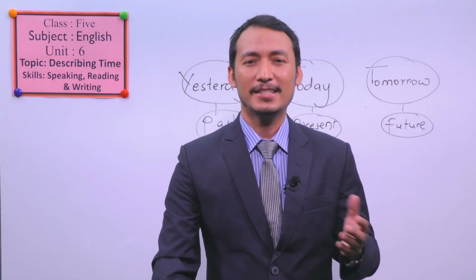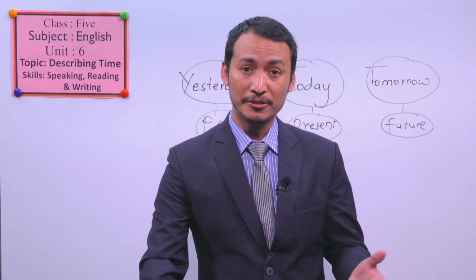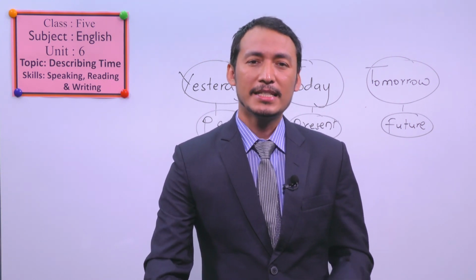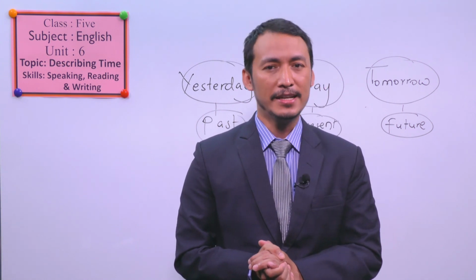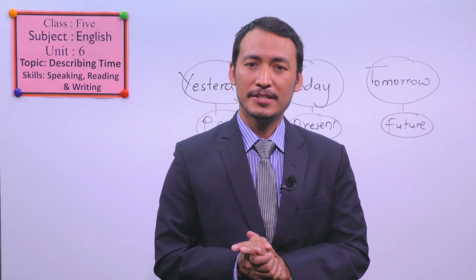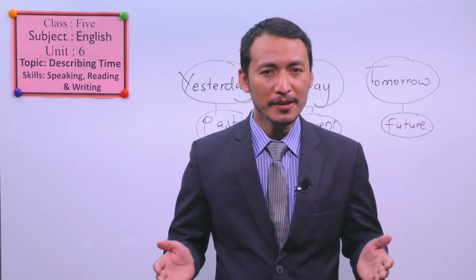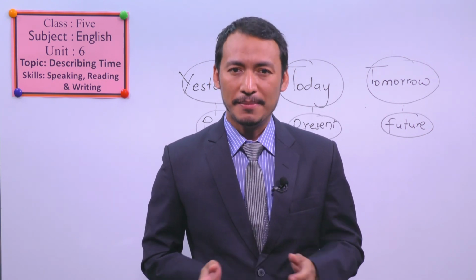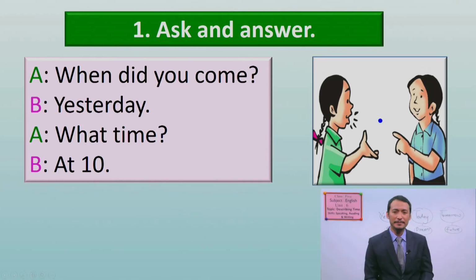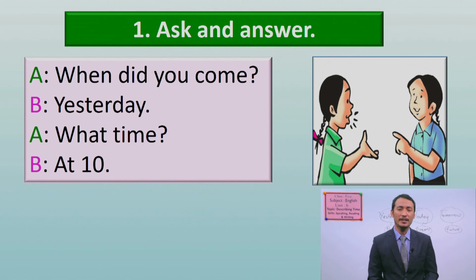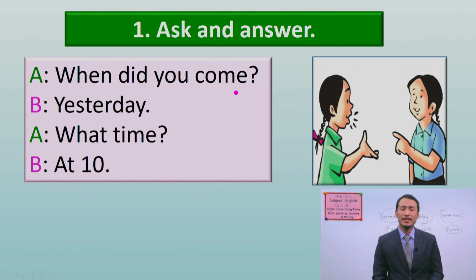Let's move to the exercises for speaking about past time. Let's have a look at the picture from your book. This is the picture and the exercise for practicing speaking from the first page of the unit. It is on your page number 48. Please have a look at the picture. What are the 2 girls doing? The 2 girls are having a discussion, or they are having a talk. All right, let's read and find out what they are talking about. When did you come? Okay, A is asking, when did you come?